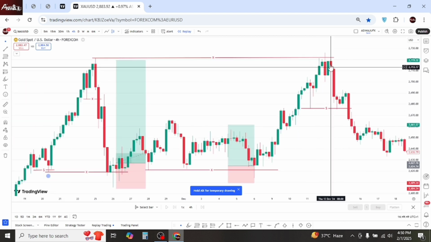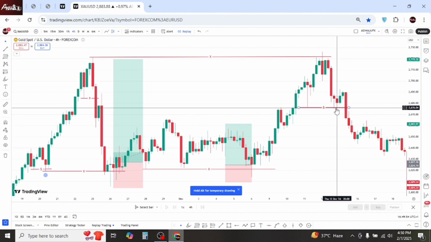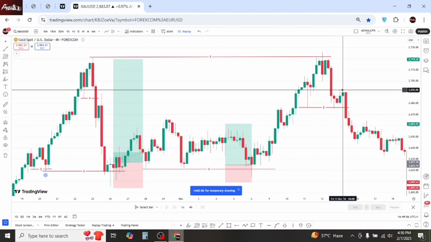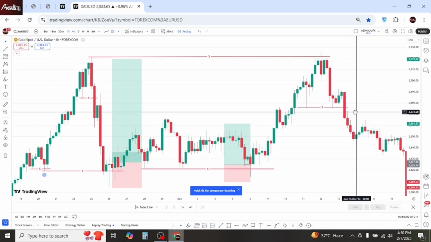Immediate price reversed from this point. Price continues to the downside, took out our inducement from this point, went up and failed to continue to the upside, and price reversed with a momentum candle. And remember,